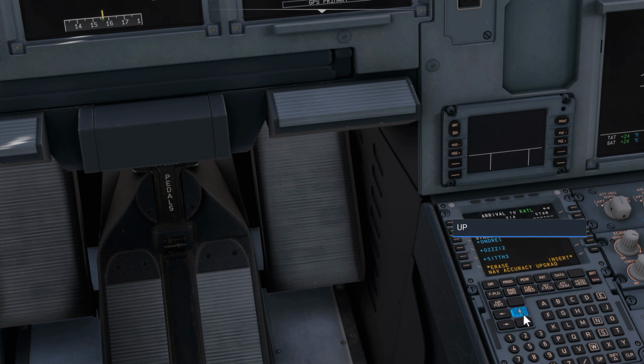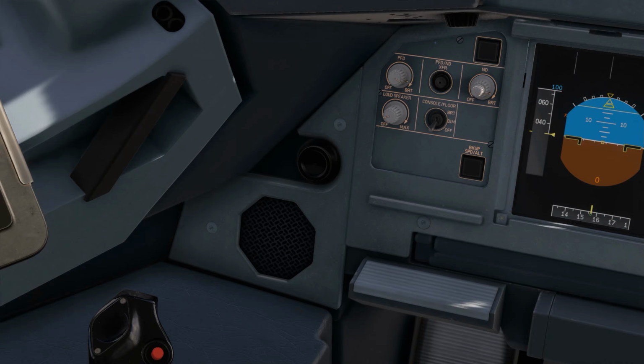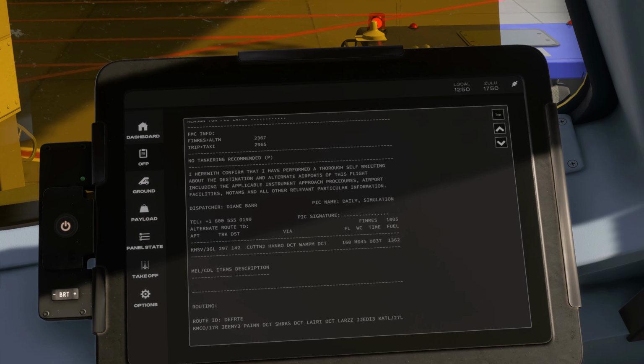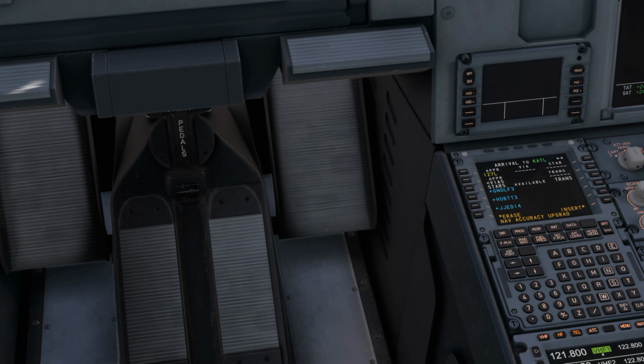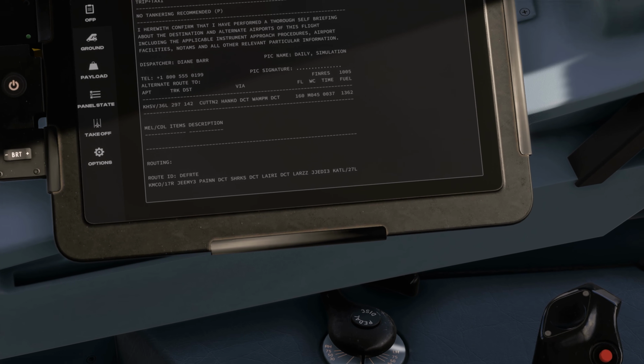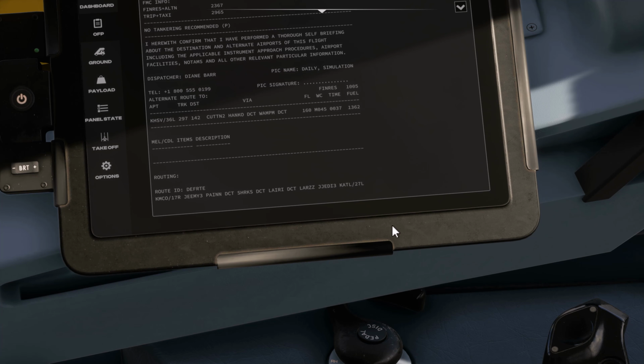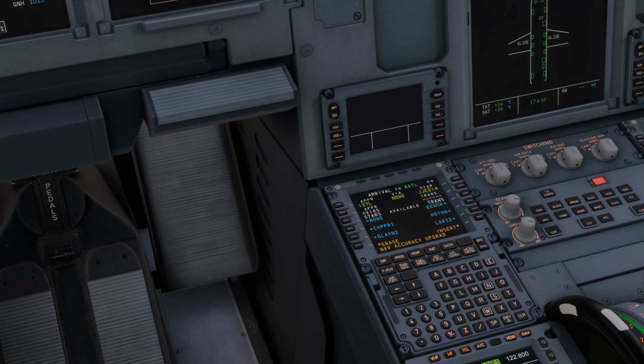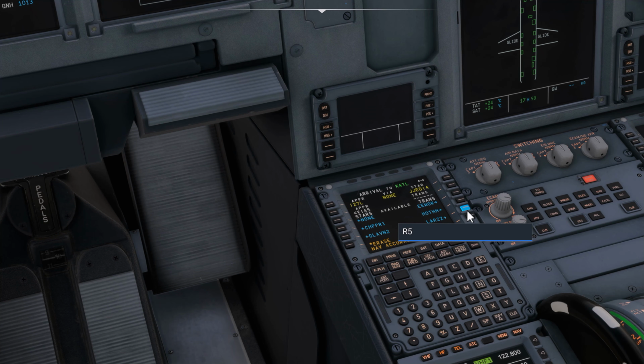Here it was JJD 4. They just changed the number. And it's via, as you can see, LARDS. Select this and insert it,